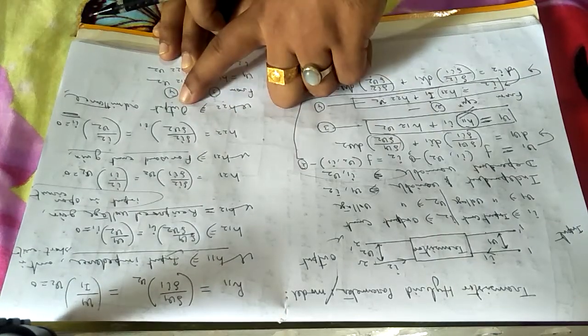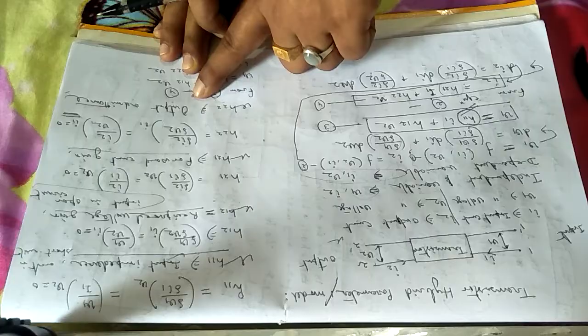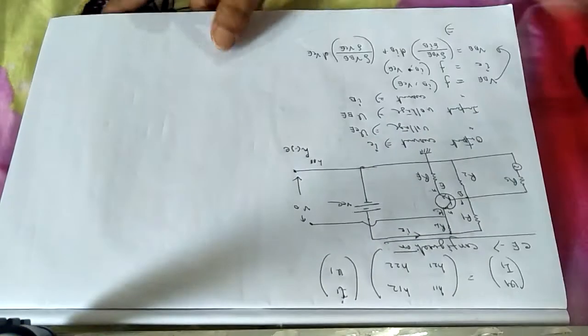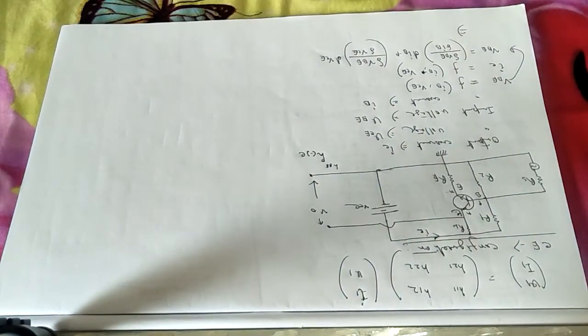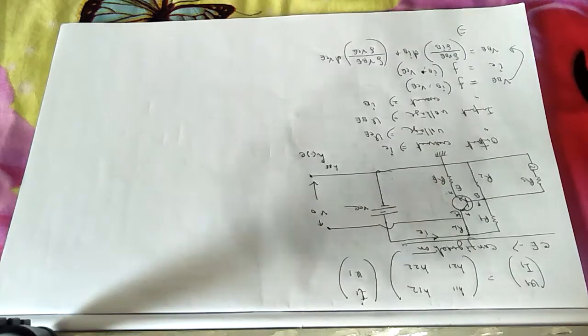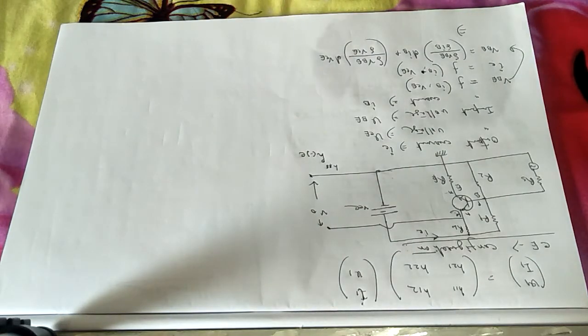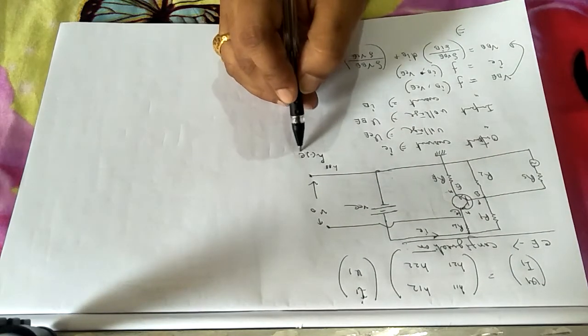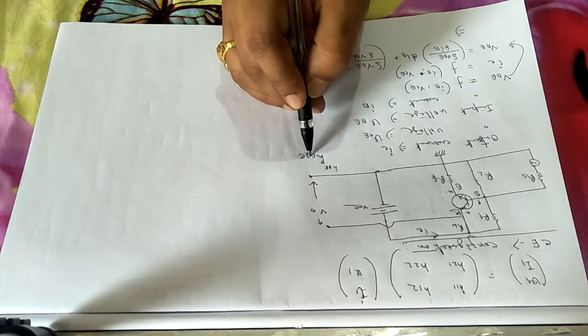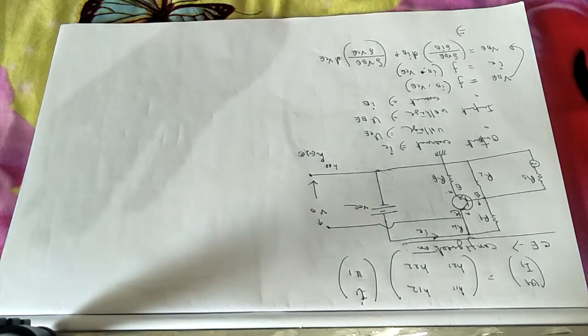So HO. These are the first suffixes. Then the second term will come according to the name of the configuration. What type of configuration is it? It is common emitter configuration. So for common emitter configuration, the second term of the suffix will be E, and for the first term you have to understand whether it is O, R, I or F.